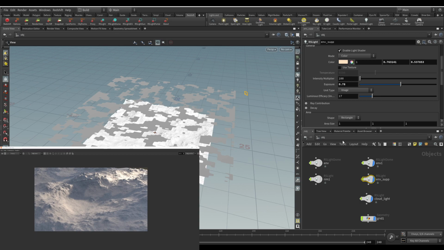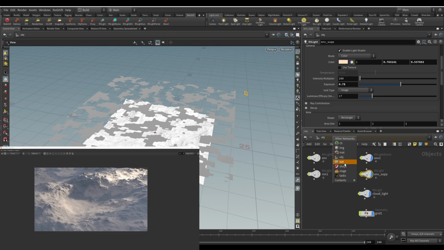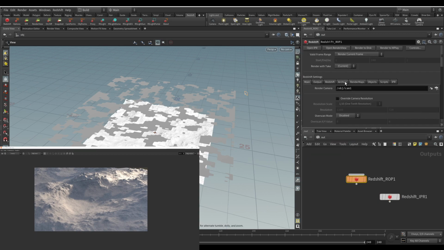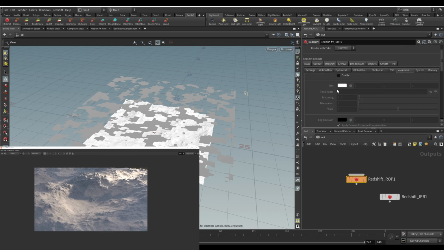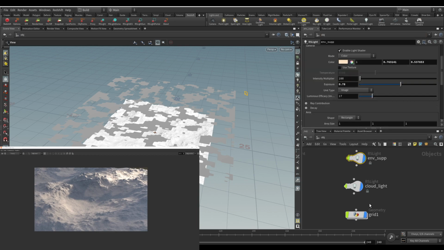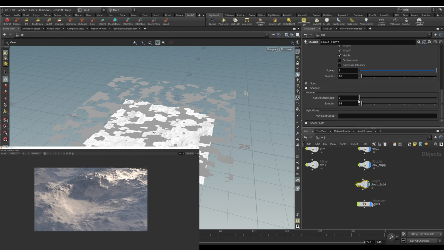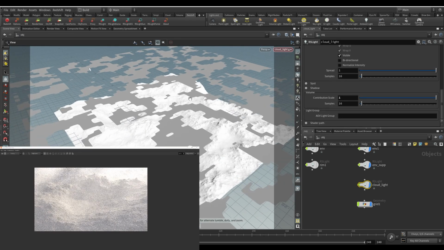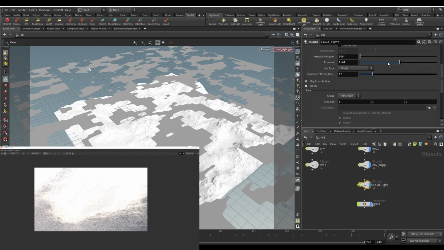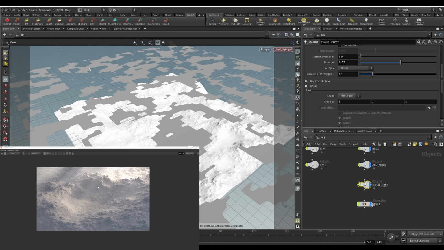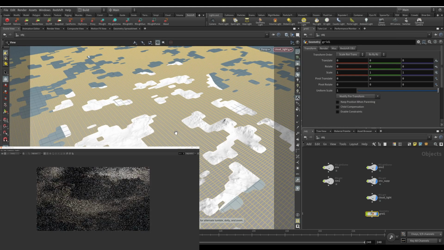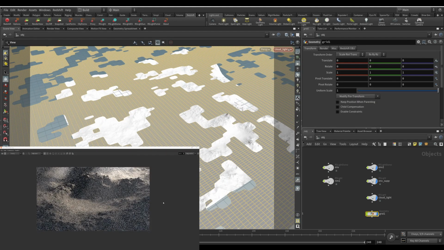One thing that might be cool is some volumetrics. So I'm just going to go to out, switch on some volumetrics, and that'll be Redshift, volumetrics, enable, and let's just see what I can get with this. So our cloud light, I will increase its contribution scale so that it actually contributes to that sort of volumetric. Right, so with some minor adjustments, this is kind of what you get, where you have these rays of light